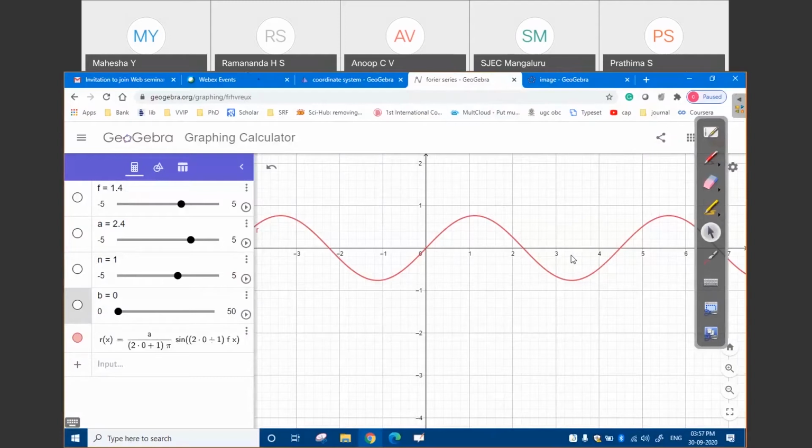we can represent any type of signal as a sum of sine and cosine terms. So my doubt, when I was studying, was: what about the square wave? Because a square wave is not matching with the sine wave, which has smooth curves. The same doubt the students also have. So we can demonstrate that using GeoGebra.